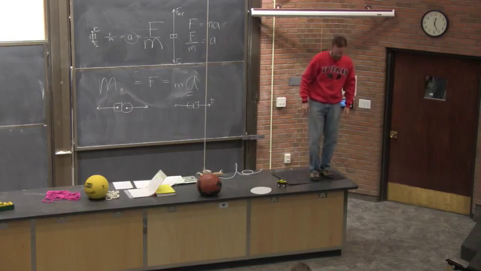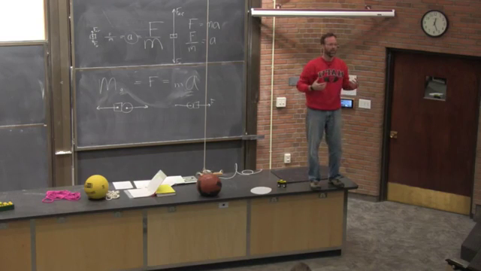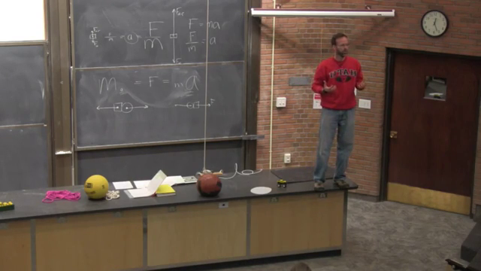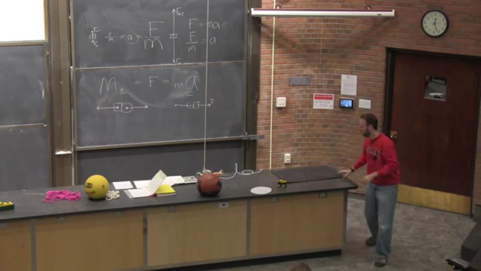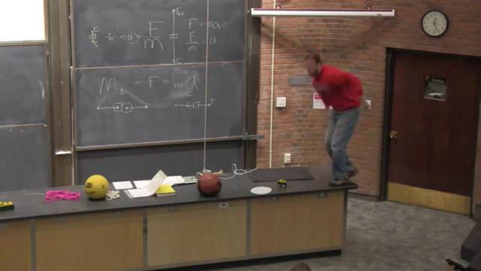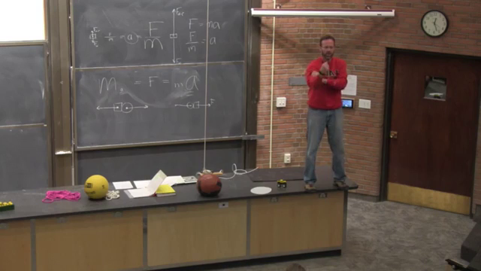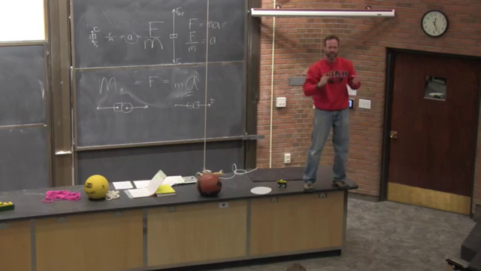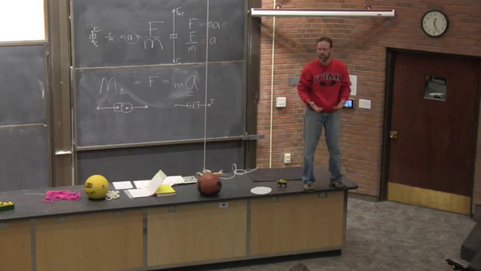So next time you might be feeling bad or not strong or something, this is good for self-esteem. I weigh about 160 pounds. That means the earth is pulling on me with a force of 160 pounds downward. Well, from Newton's third law, what else can I say? How strong am I? I'm pulling on the earth. It's attracting me down. I'm pulling it up with a force of 160 pounds.